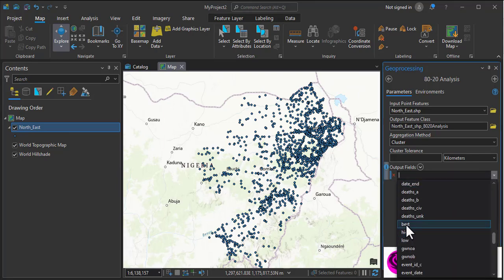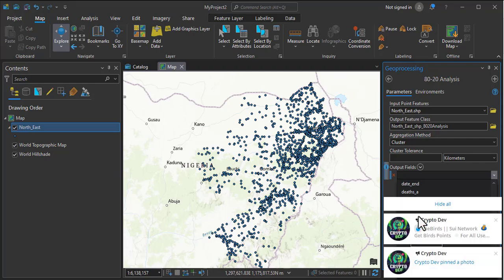And then finally, we have the best, which is an accumulation of each of these four categories. So we're going to use that, the total death, to make reference to this. So our output will be